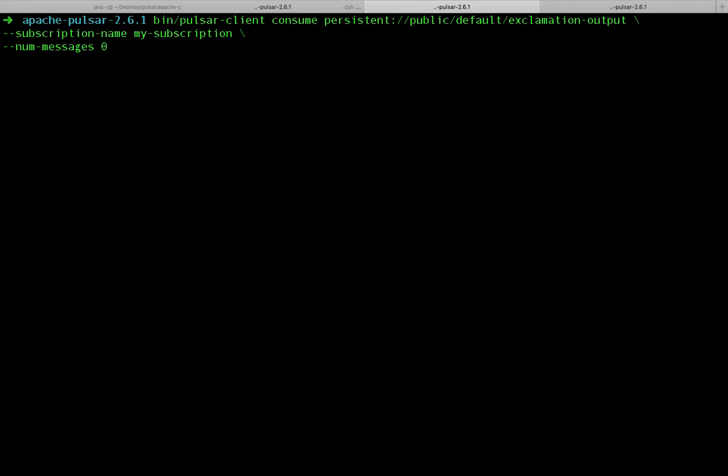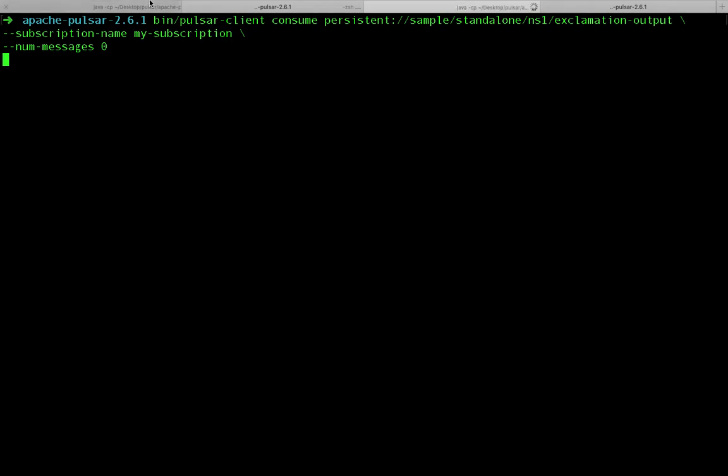We can use pulsar client consume, persistent, and we need to give our topic, which is sample slash standalone slash ns1 slash exclamation output. So this is what we are listening to, and the subscription name we can give any subscription. Here I am giving my subscription, and num messages equal to 0. That means the consumer will listen to the topic indefinitely.